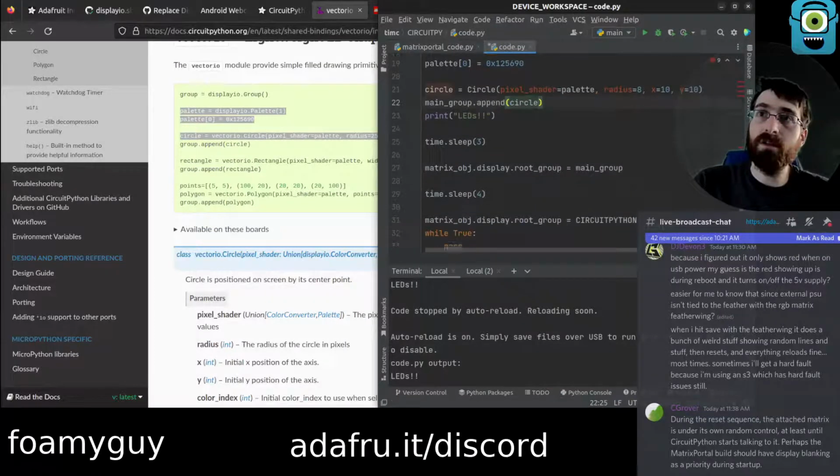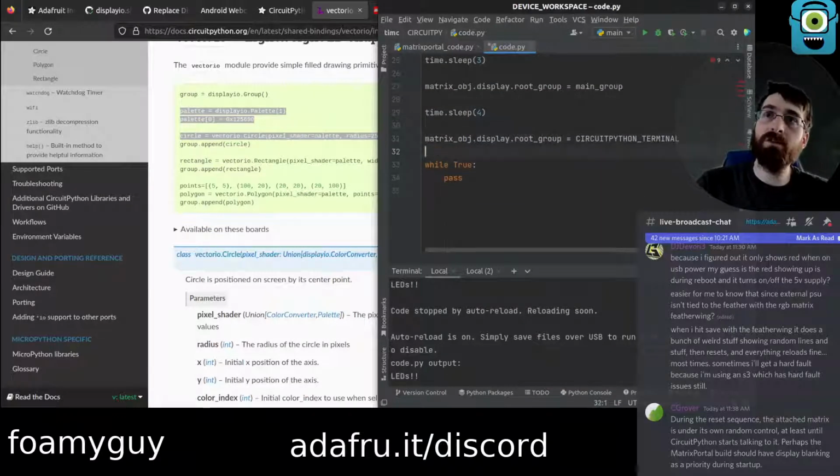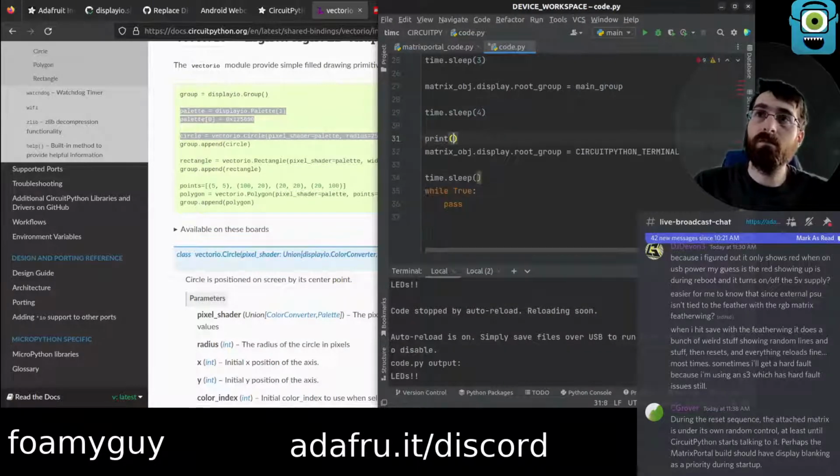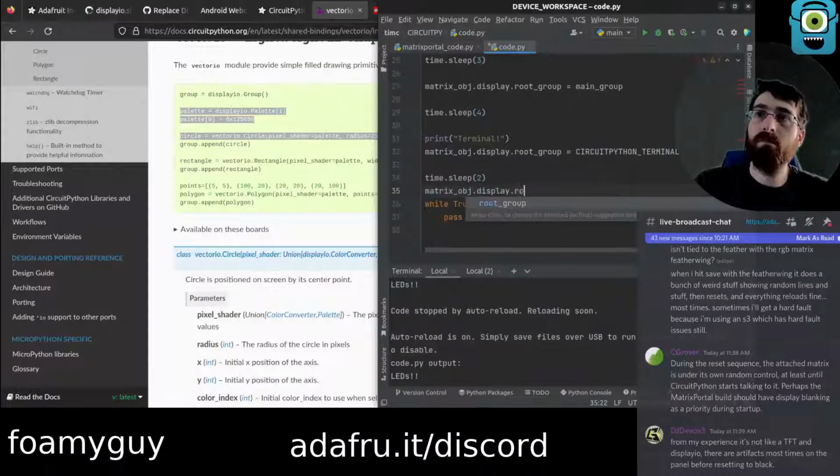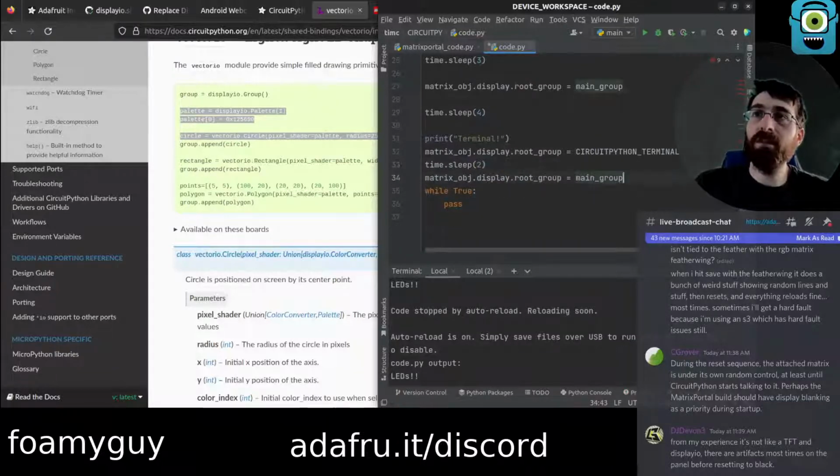Pin the circle, and then after this, we actually want to go back to main group so that we can continue looking at our circle.